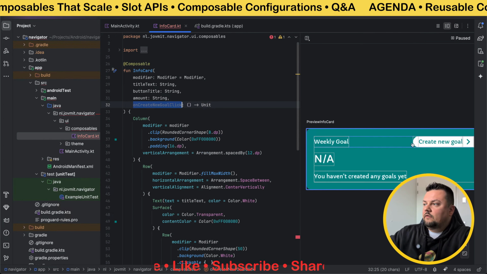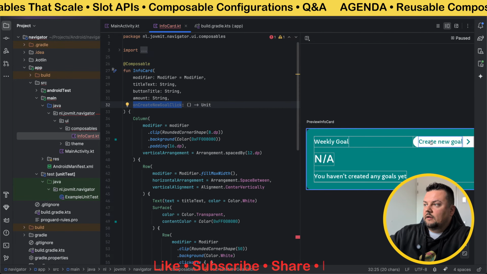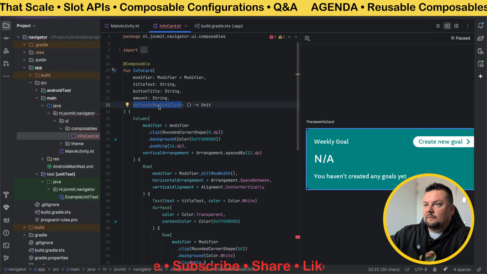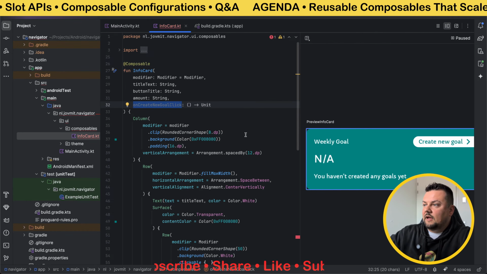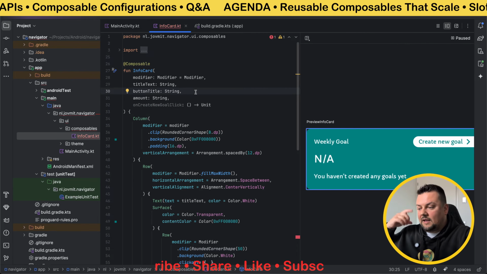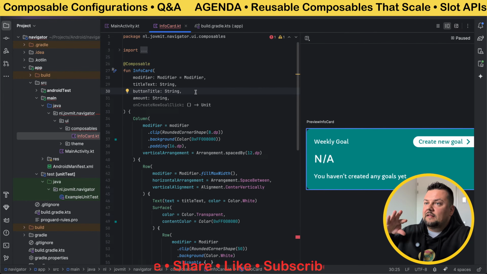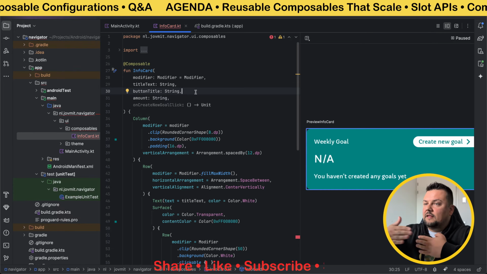So this is accurate according to the current UI, but the problem is it is literally coupling us with the actual implementation inside. And when we are thinking about scalability, the key is to think about how we can make this more